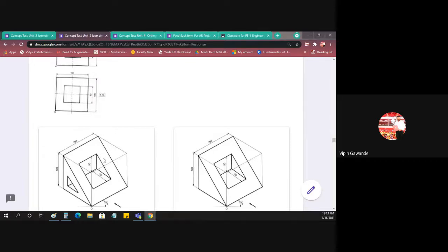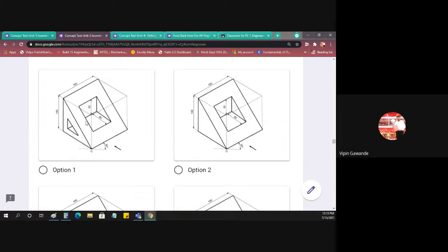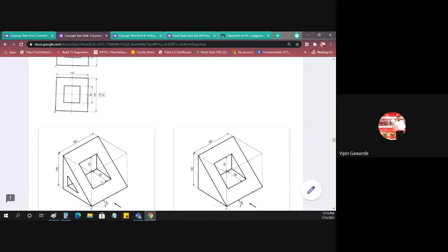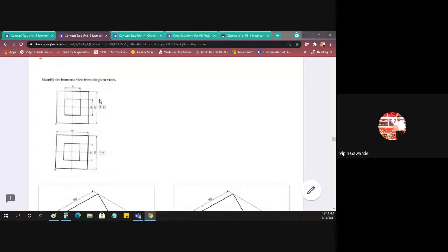Just make it straight, vertical, in the direction of the arrow. I have told you, whenever these inclined surfaces are there, just rotate it and make it straight. So you have to make this surface straight. It becomes a vertical square. Then after that, inside again we have the next square. So again you have to rotate it. So you will get the second square. Now in the front view, two squares are visible. So that is according to this front view.